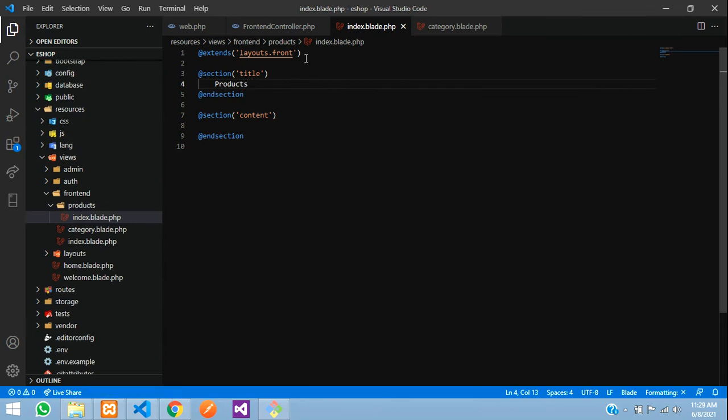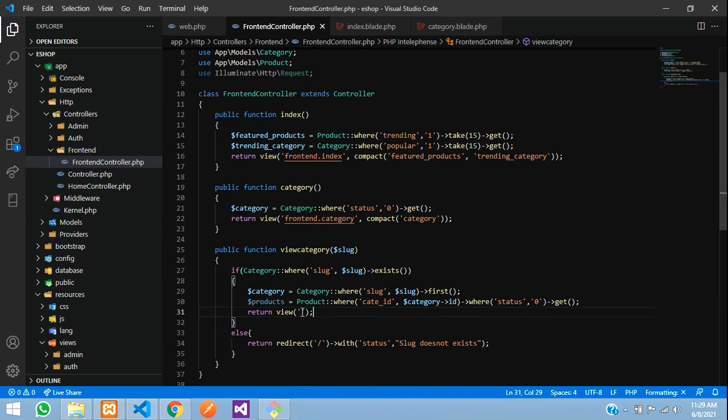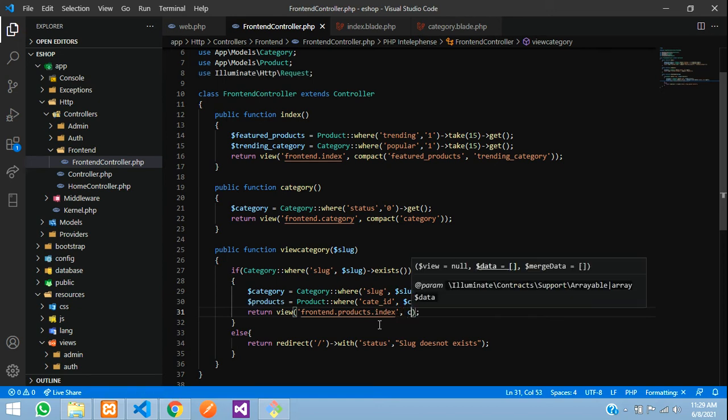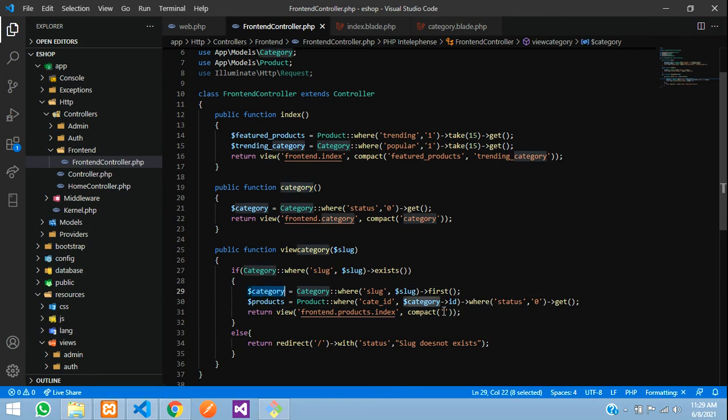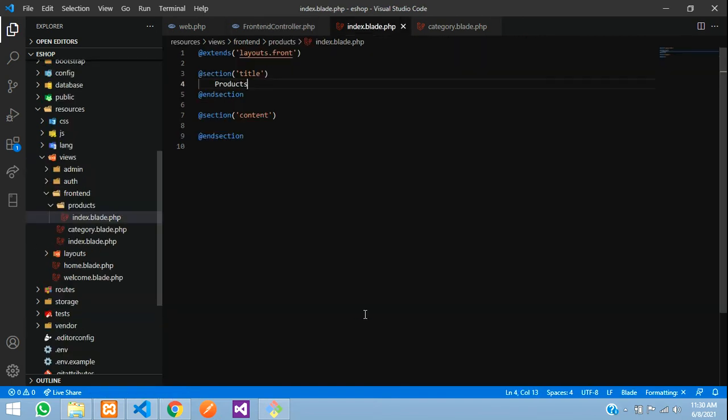So now let us call this template in the controller. Here we have given, right, so it will be inside the front end dot products dot index, and here in the compact function we are going to pass this variable. We will pass the category also, say category, comma, the products, paste, save. So let us go to this page now, index, and here in this content we need the cart